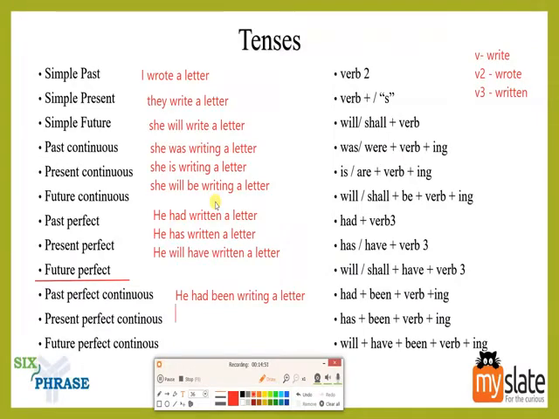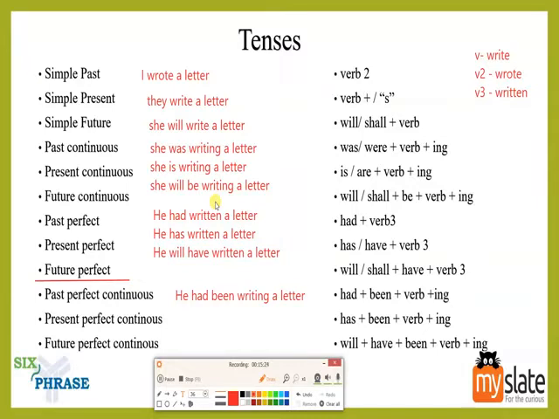What does that mean? That means someone, for example when someone is questioning me about when I last saw that person, what were they doing? He was writing a letter. That is what I'd say. But that person has completed it and it has been posted. So I'll know that that person had finished that work. So how would I say it? Simply, he had been writing a letter, but it has been completed, right? So in order for me to say that, I'll use past perfect continuous, meaning he had been writing a letter.